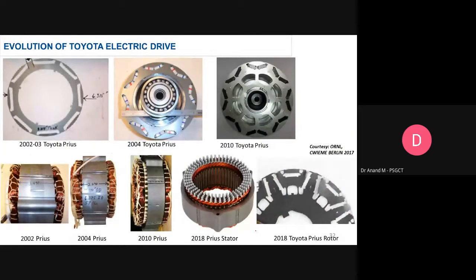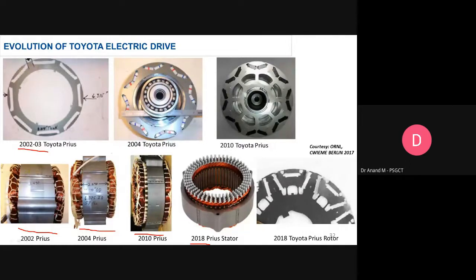Now the next point: should I limit myself only to the slot per pole? It's not like that. As I said earlier, the D and L, the volumetric constraint, plays a very crucial role in your electromagnetics. Take the evolution of the Toyota drive system from 2002 until the 2018 model in the image; we can see several stator-rotor combinations, especially pertaining to the D and the L. Here you could see a 2002 model, where the stator stack length is obviously less when compared to the 2004 model, and in 2010 we can see the